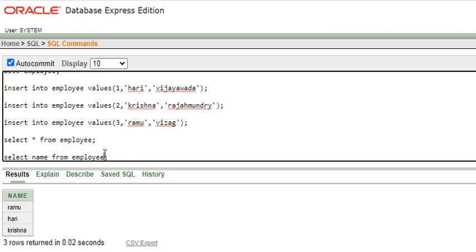So I can write the where clause also. So here where is a clause which is used to specify the condition. Based on the condition we will retrieve the values. Suppose I want to get the name of the employee whose ID is 1. So here what is ID? EMP ID I think. EMP ID is the column name equal to 1.